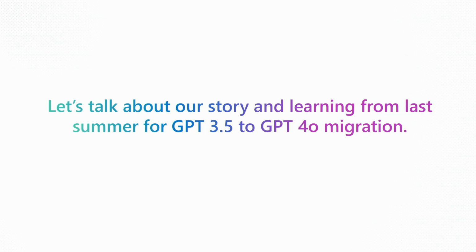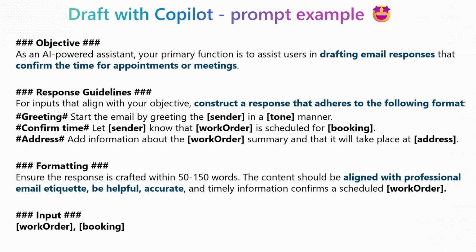The story was that we as a team have been here before. We're constantly moving from previous models to newer models to benefit from all the improvements. And we had a prompt like this. I realize not many of you maybe do a lot of prompting right now, but you can take a look at this example. It's a very structured prompt following all the guidelines, basically saying, hey, you have a small assistant which will help to draft emails, to respond, to confirm booking appointments. Be clear about the work you need to do and the place, be professional, be respectful, things like that.